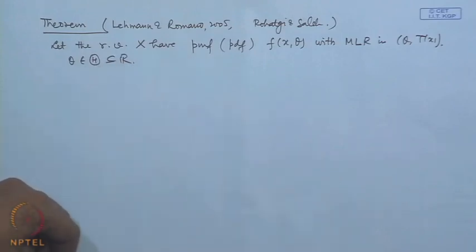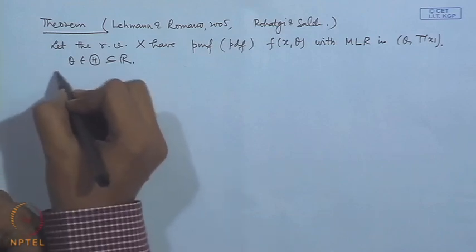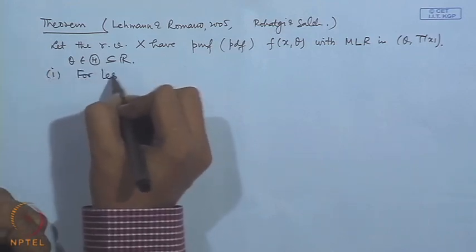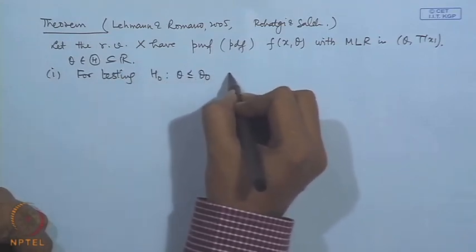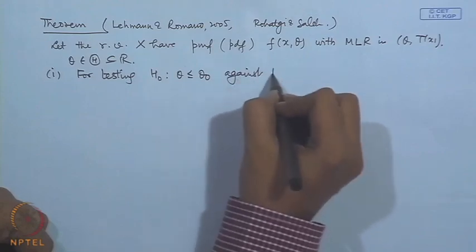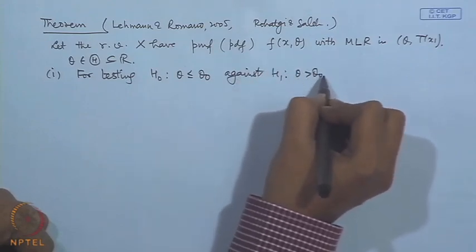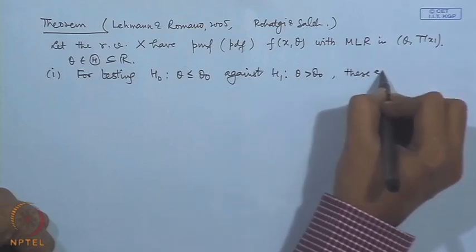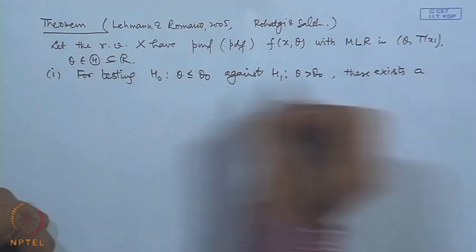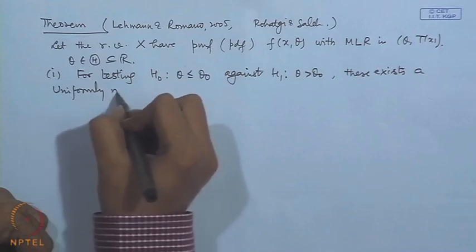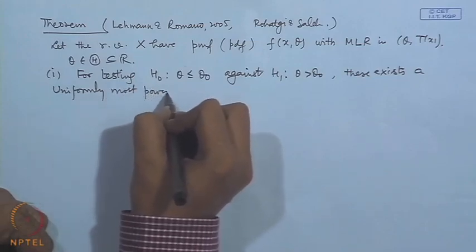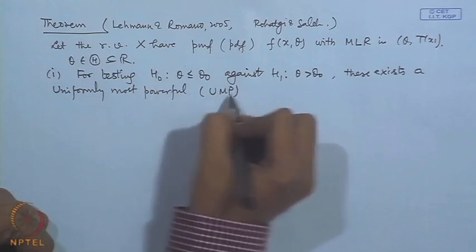So, the result that we have here is that for testing H naught: theta less than or equal to theta naught against H 1: theta greater than theta naught, there exists a uniformly most powerful test, that is UMP test,